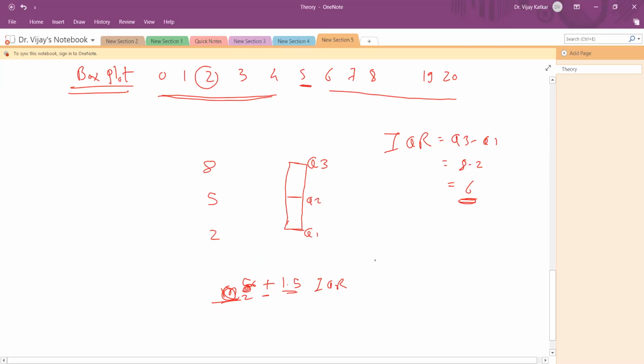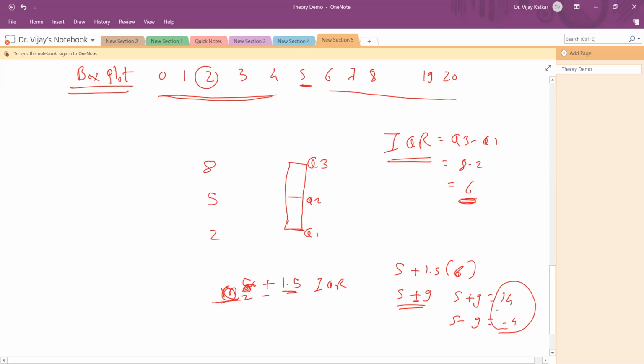Here my Q2 is 5, and 1.5 times the interquartile range of 6 is 9. So 5 plus 9 is 14, and 5 minus 9 is minus 4.